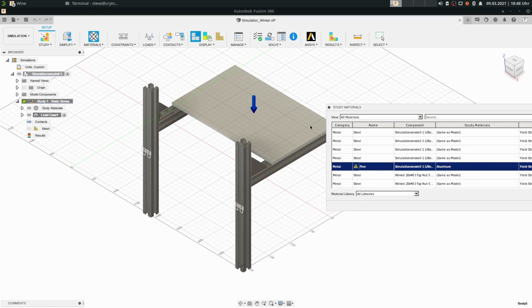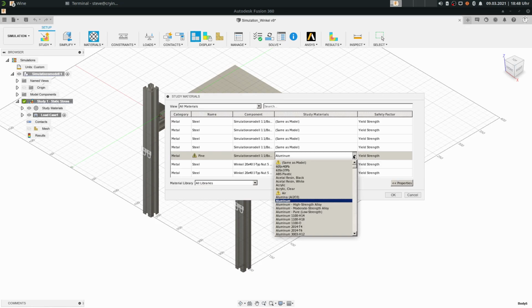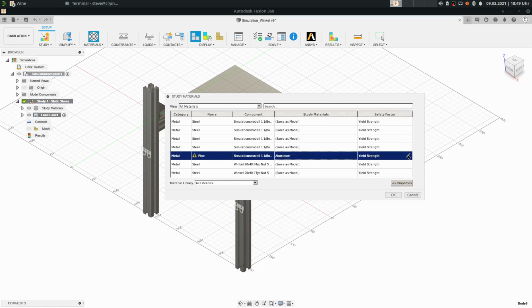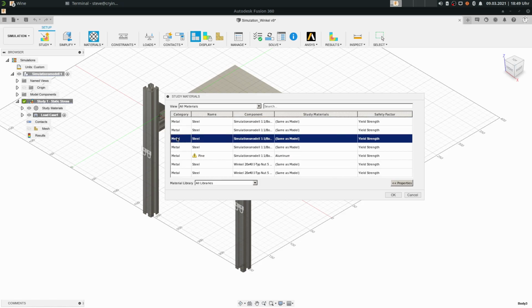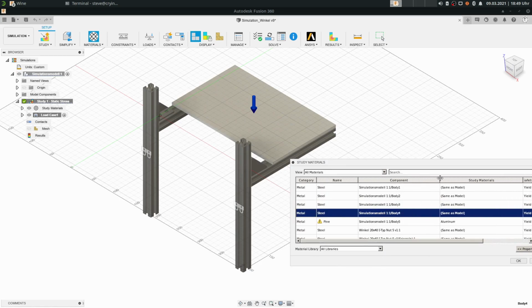and when I click on this one here, then we can see I have selected the aluminium, and on every material where you can see these arrows, this isn't used for the simulation here. Okay, so then we can see here the safety factor, the yield strength or the ultimate tensile strength. And yes, here we can select the object and change this here. Okay, so then we can close this,